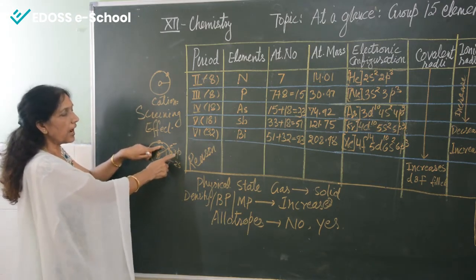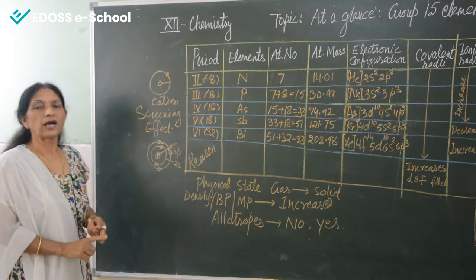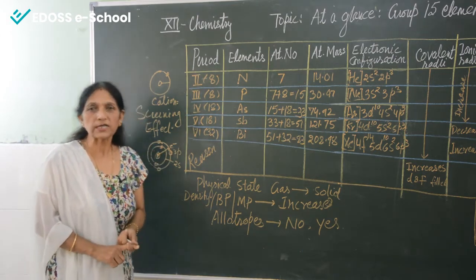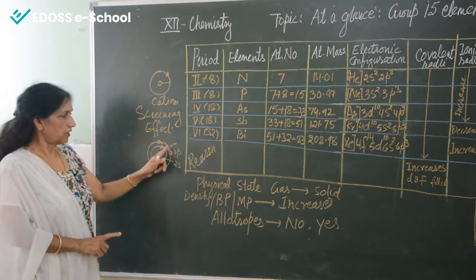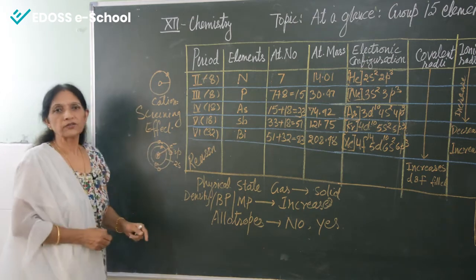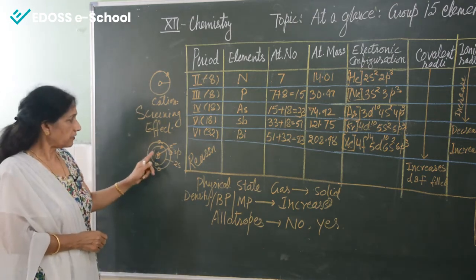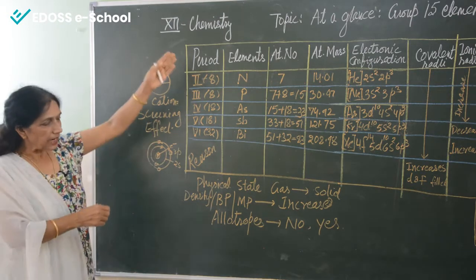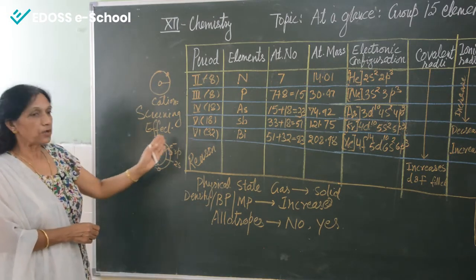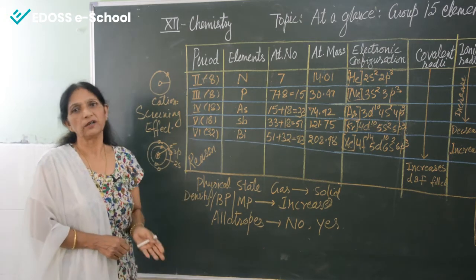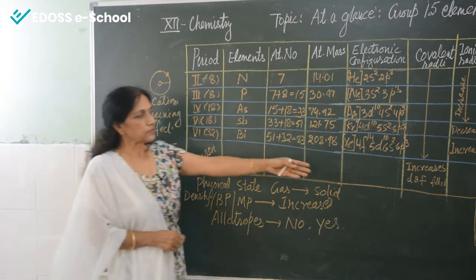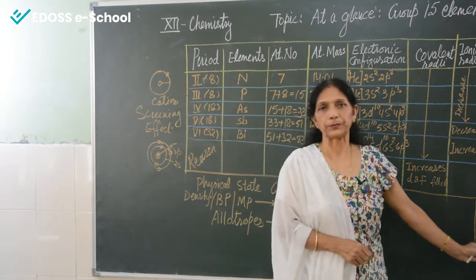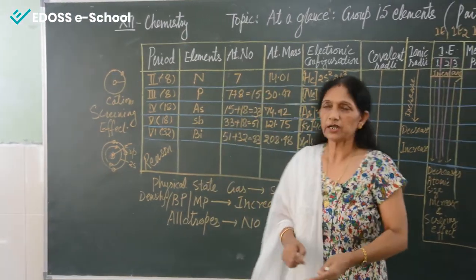So 2s electrons and 3p electrons are repulsing each other. Okay, that means there is repulsion from the 2s orbital electrons and attraction from the nucleus. So as the size is increasing, this repulsion increases and attraction decreases. So this is known as screening effect. Now we will come to the next property,